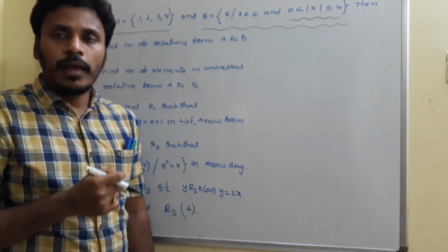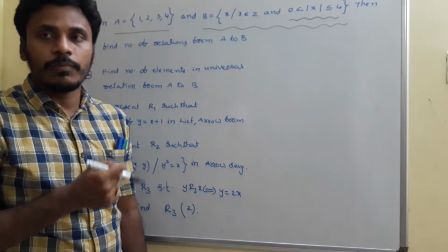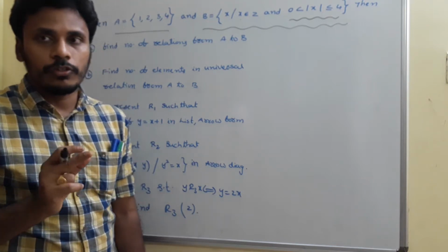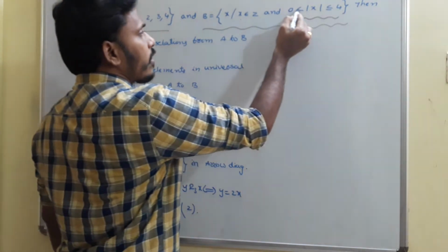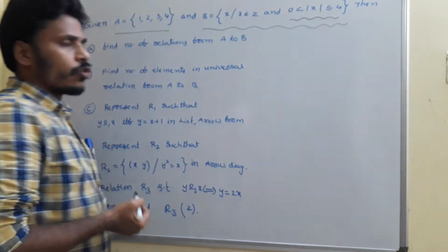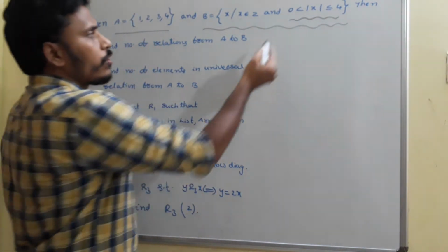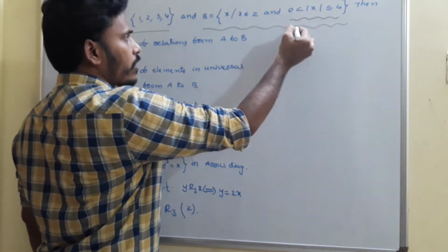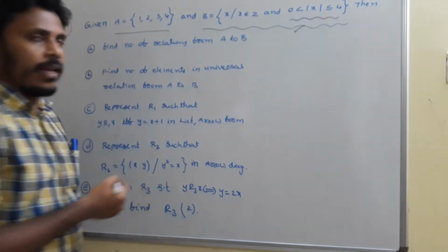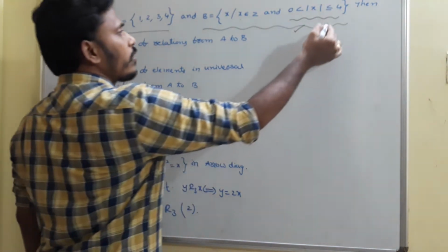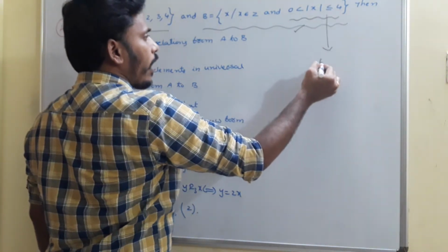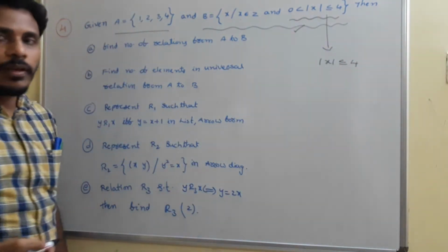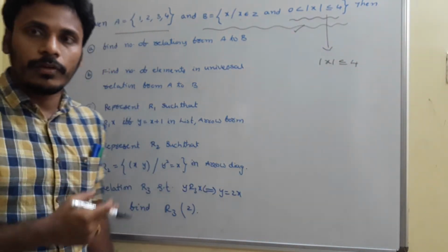Modulus of x. I think you all know about the concept related to the modulus. Modulus of x is always positive. So 0 less than mod x always happens, okay, because mod x is positive. 0 is always less than mod x is always correct. So nothing there to analyze. And now the thing to analyze here is mod x is less than or equals to 4. Modulus of x value is less than or equals to 4.